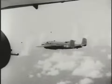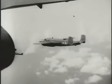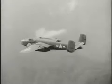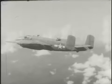Along with the B-26, the North American B-25 would serve as a solid, steady stablemate. While not as fast as the Marauder, it was eminently adaptable. B-25 was a real nice airplane to fly. It was kind of